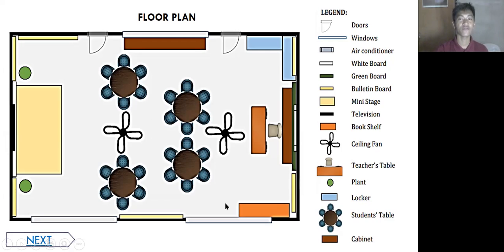We also have a TV for audio-visual presentation, a mini stage when there is a classroom presentation, and it is easier for the people on the back and the people in the classroom to look at or see the presentation going on. We also have a